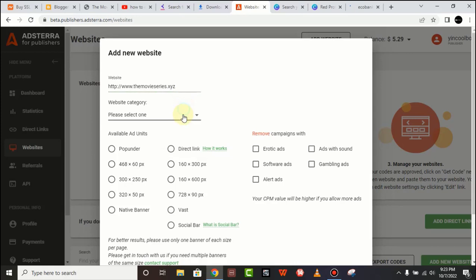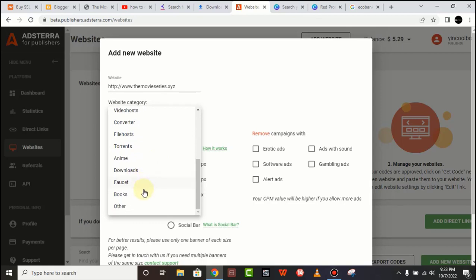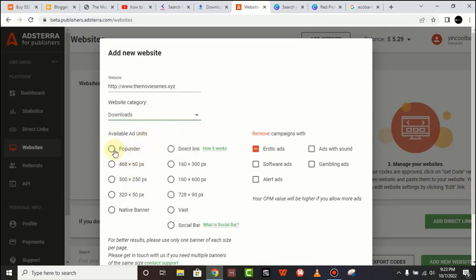This website is about movies, so I'll select the movie category. This is very important because it will help us to present the type of ads that will match your blog. Because if someone is visiting your website and the person is interested in movies and the person is seeing movie adverts, it will be simple for the person to click on it, enabling you to get more impressions leading to